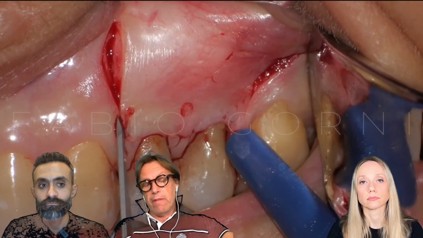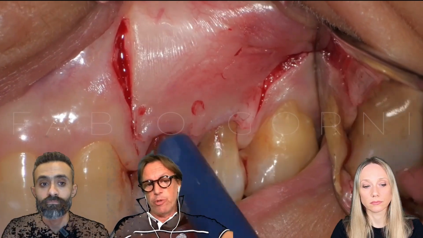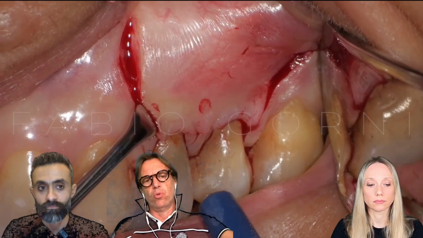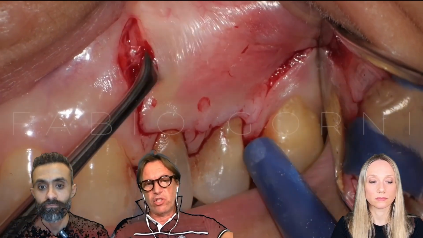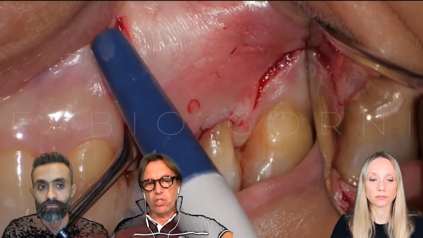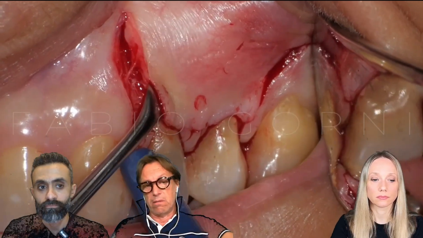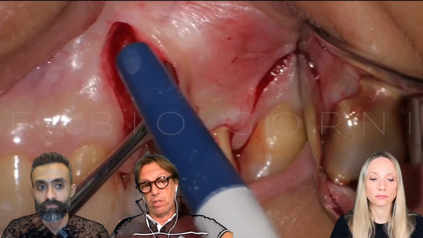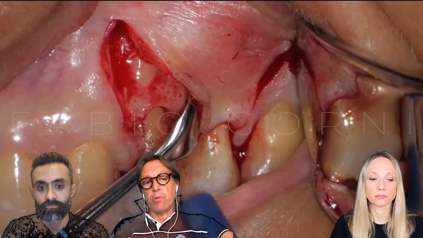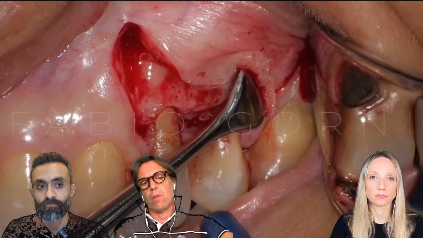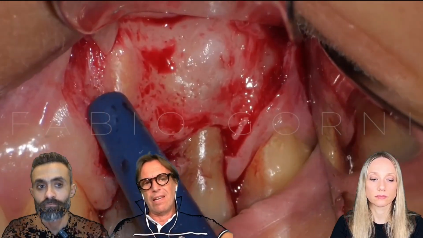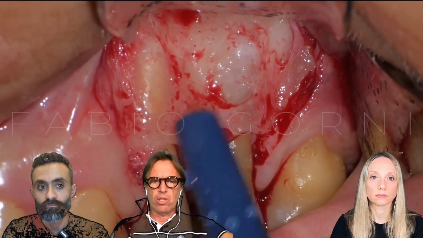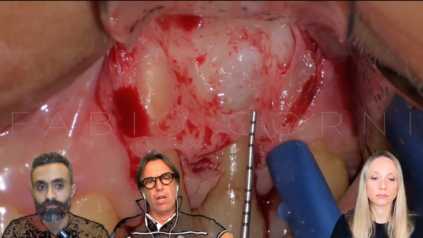And the flap should be wide enough to facilitate the reflection, to facilitate the vision and the access. And of course, also the repositioning of the flap carefully, because the stitches and the healing of the flap and the soft tissue depend on the precision of the stitches and the precision of the incision.